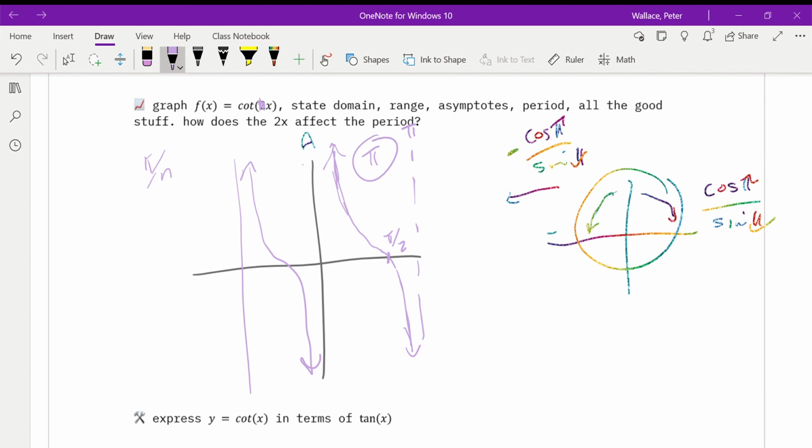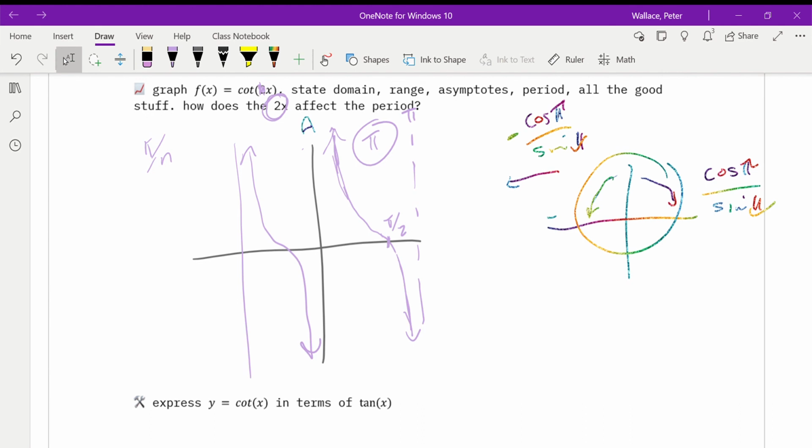Now, let's briefly cover this. I realize this is going a little longer, but the 2x. If we think about the period as the time it takes for the graph to repeat itself, and we think about the regular graph of cotangent of x having a period of pi, are we going to get to this period of pi faster or slower if we have a multiple of 2x? Meaning,